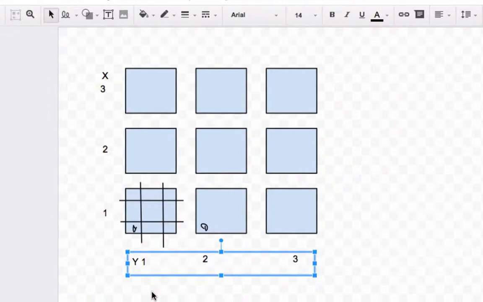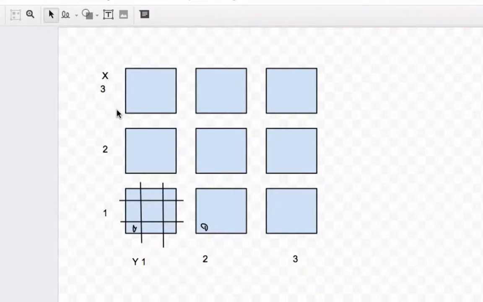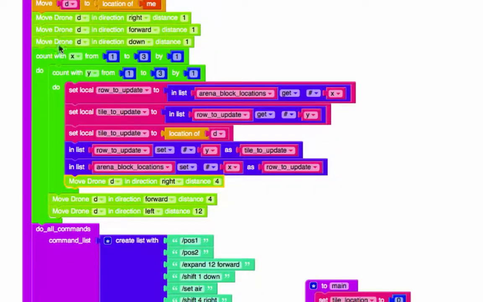So you can see that x1, y1, that's our first one. x1, y2, that's going to be our second tile. So you can see that x stays at 1 while y goes 1, 2, 3. And then it gets this entire row. And then after this y loop is done,